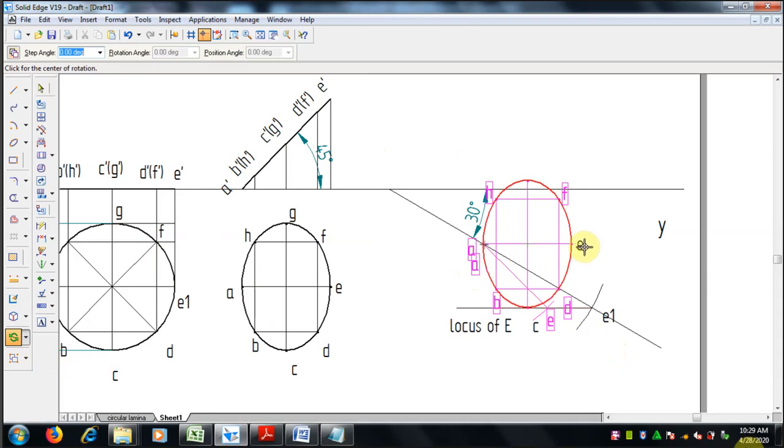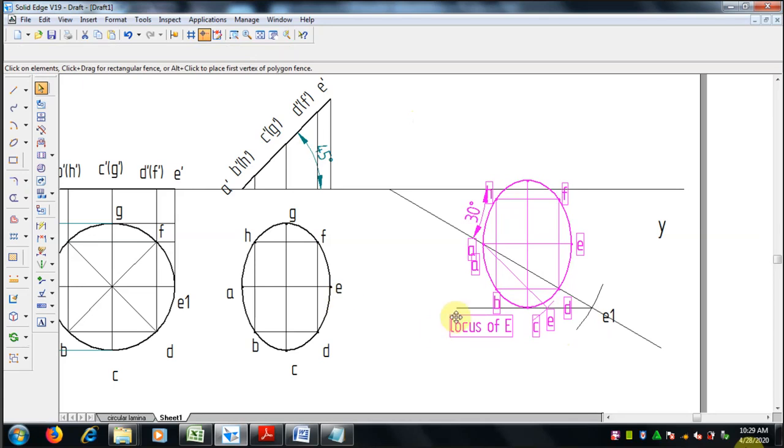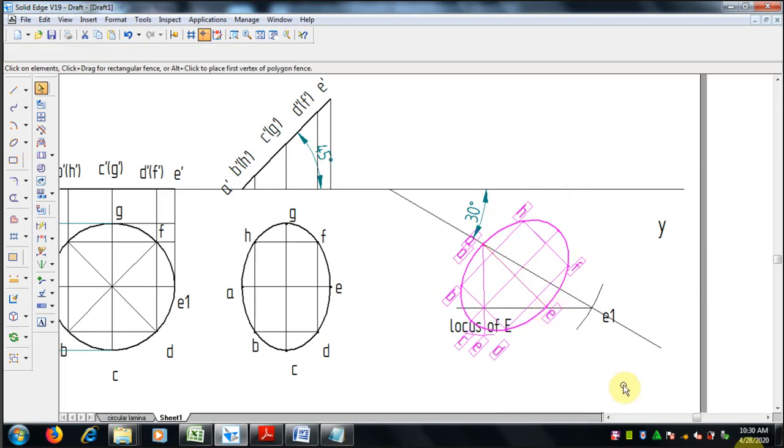There is no copy command, it should be removed, so we can select fully. Mapping, that is rotated A and E. Now it is rotated.